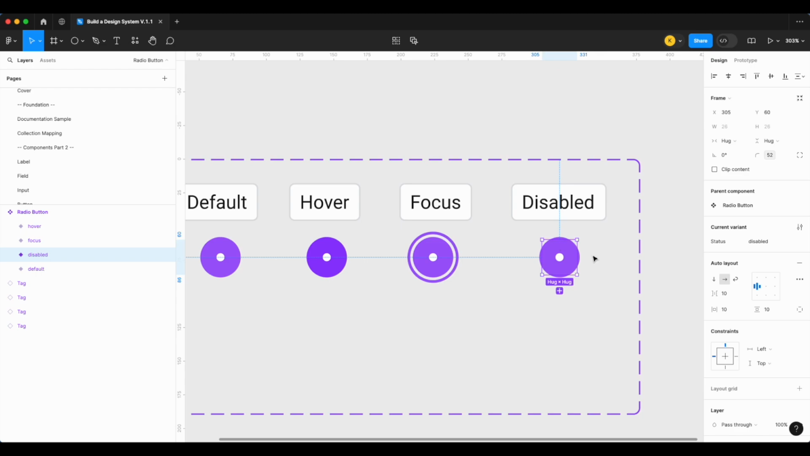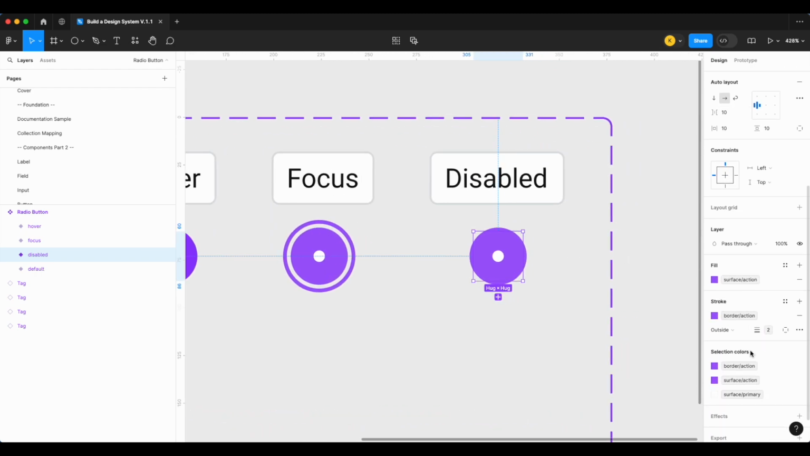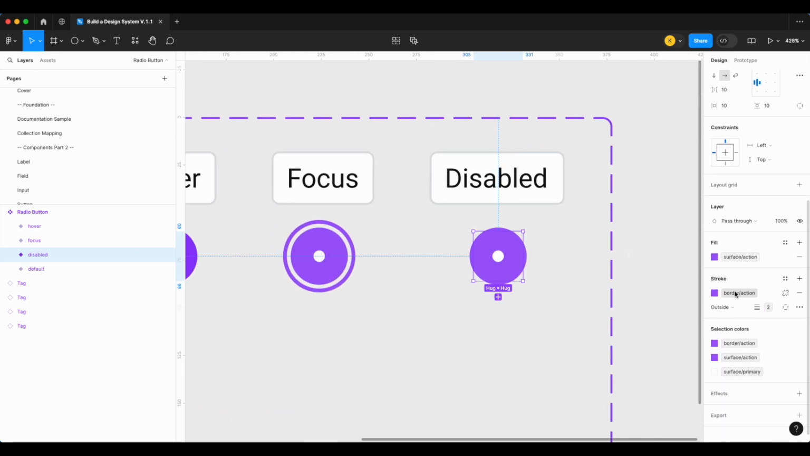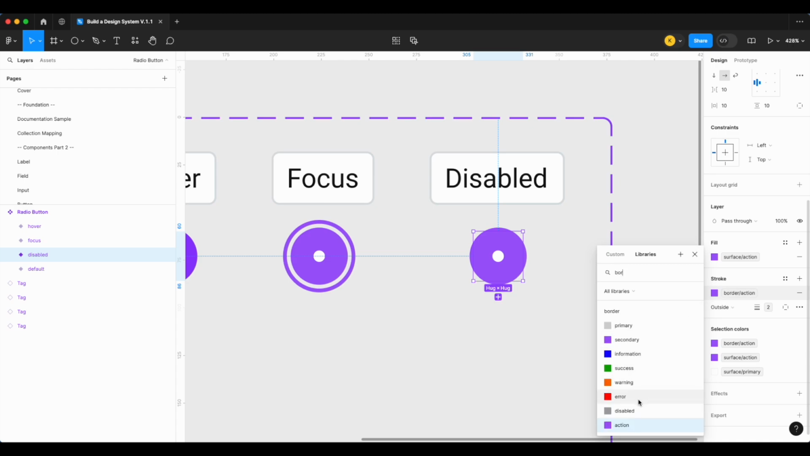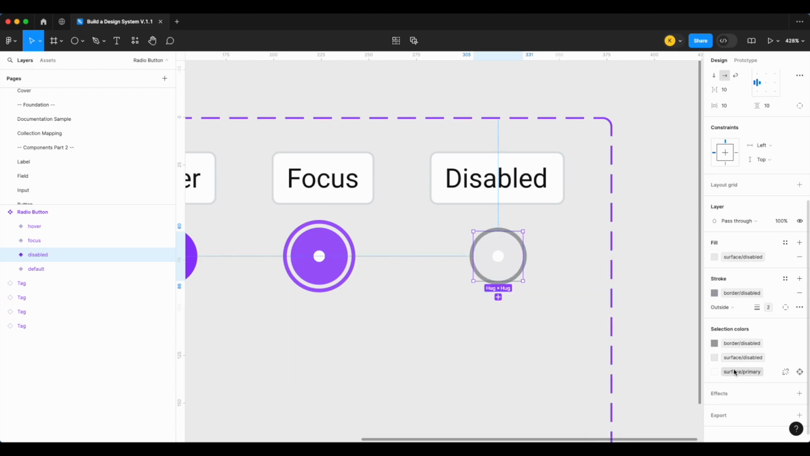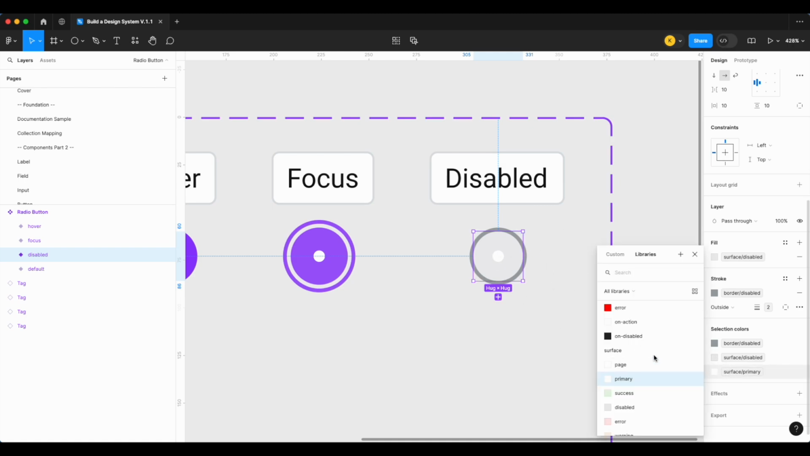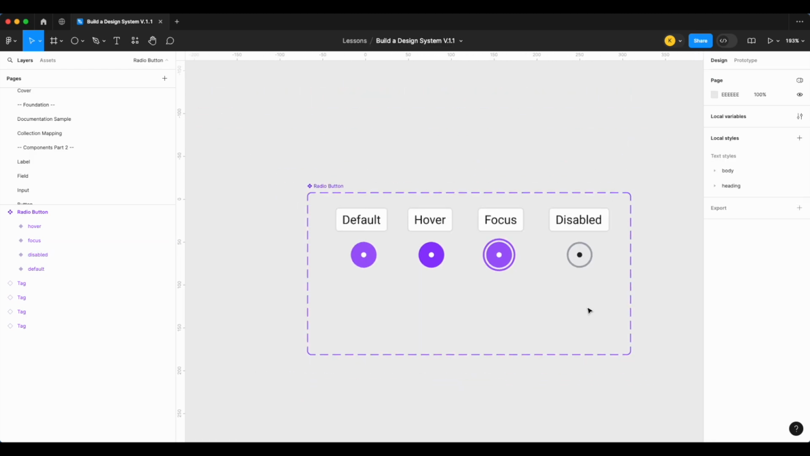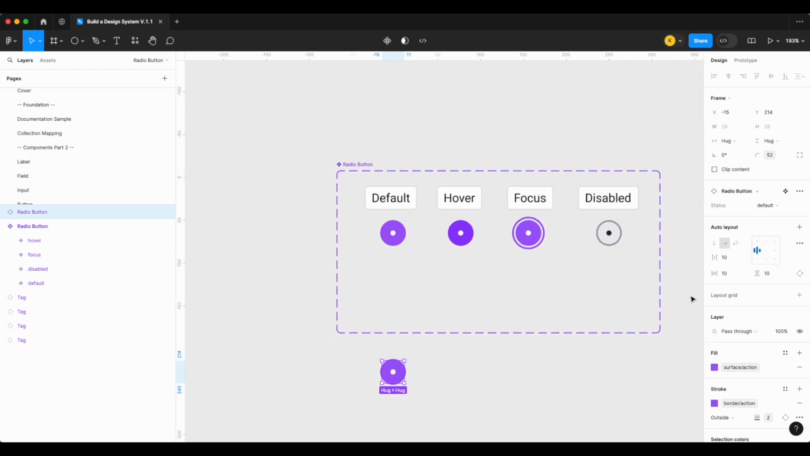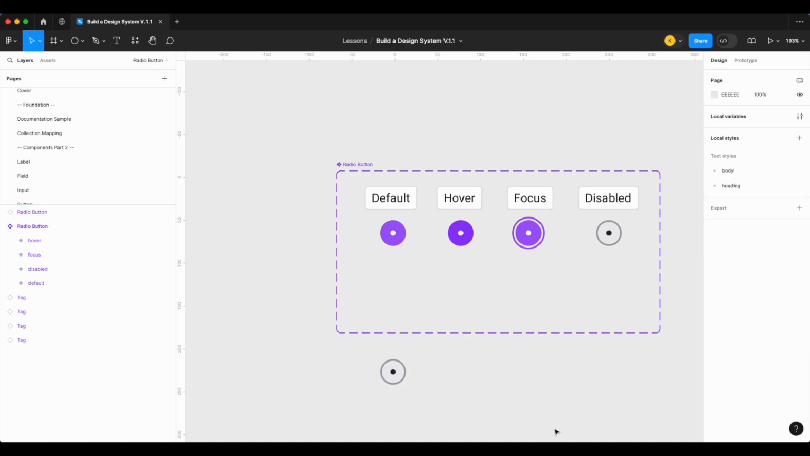Okay, so let's jump back to our disabled state here. So we're going to set the stroke to our border disabled. Let's then change the surface to our surface disabled. And here we're going to adjust that selected element on the inside to our icon on disabled. There we go. So let's bring down this for testing. So I have our default, I have our hover, our focus, our disabled,